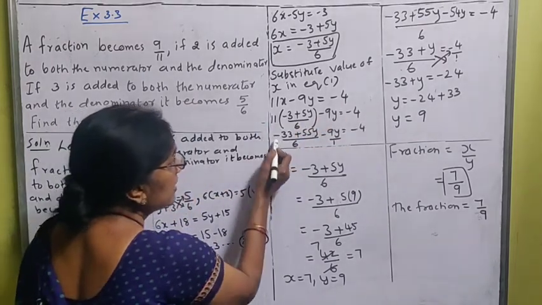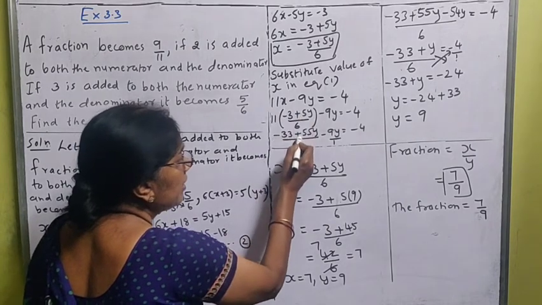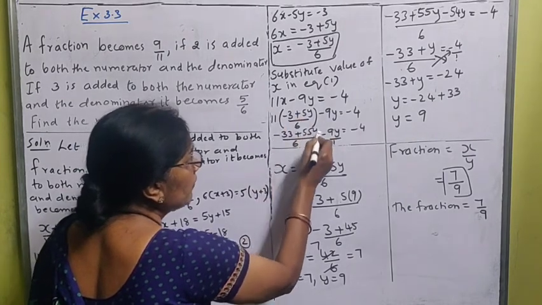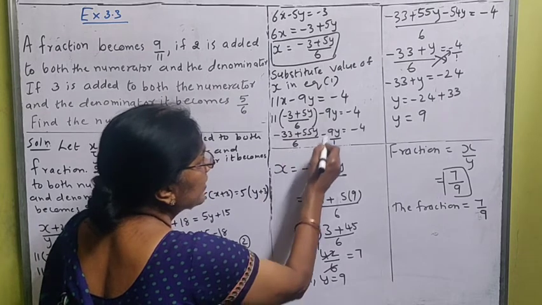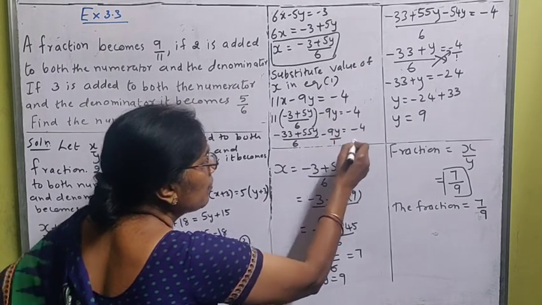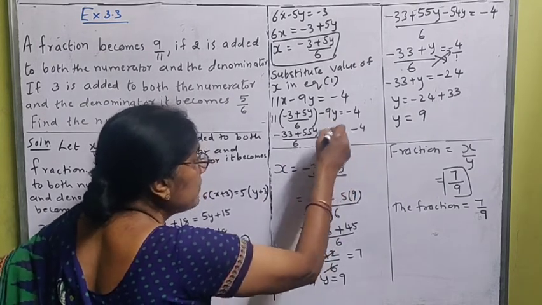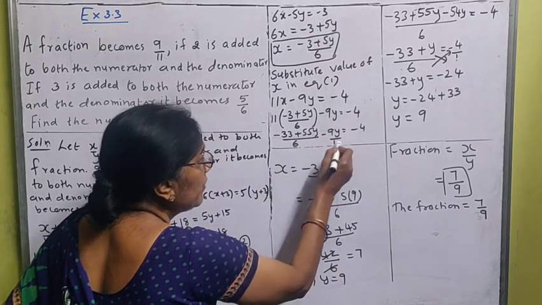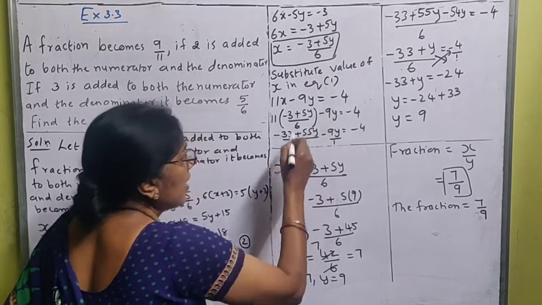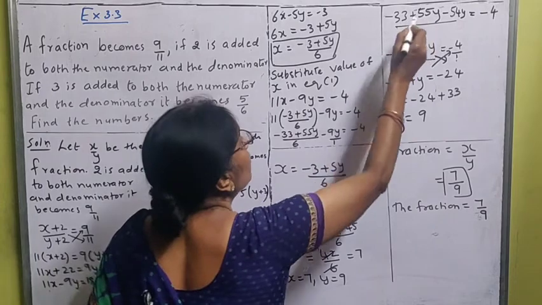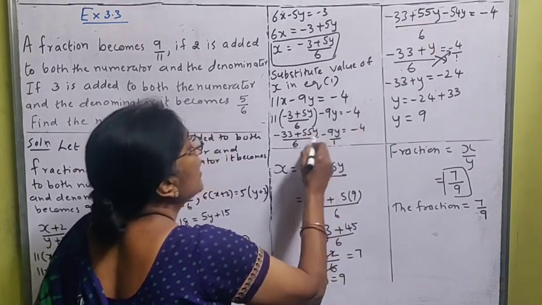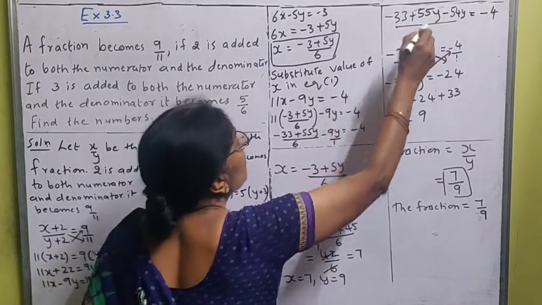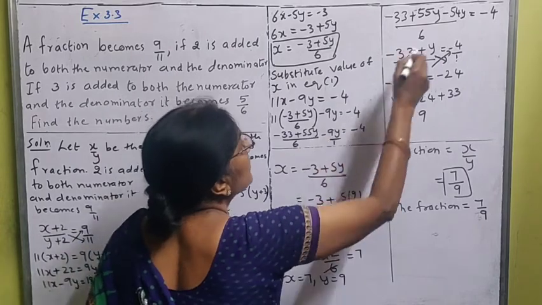11 into minus 3 is minus 33. Plus sign will remain as it is. 11 into 5 is 55. Whole divided by 6 minus 9y is equal to minus 4. Nothing is there means 1. So here also the LCM will become 6. So cross multiply. So minus 33 plus 55y minus 9 6s are 54y whole divided by 6 is equal to